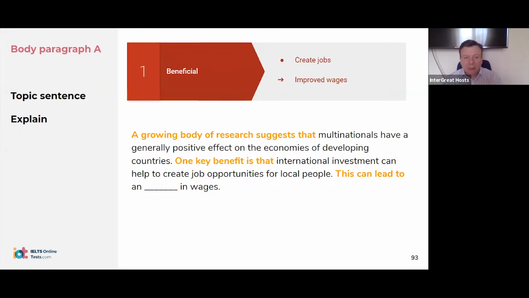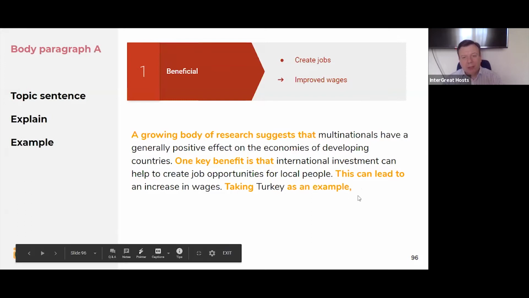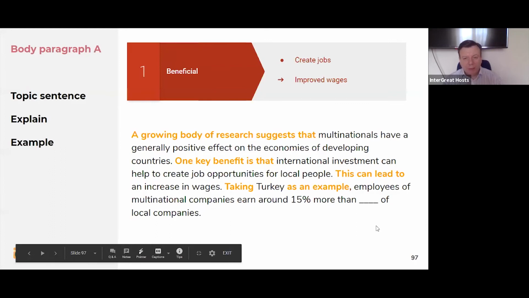Tatiana, Andy, good. Okay, an increase in wages. So we'll give an example. So we're using Turkey. So taking Turkey as an example, employees of multinational companies earn around 15% more than